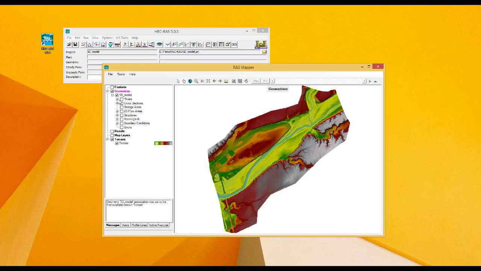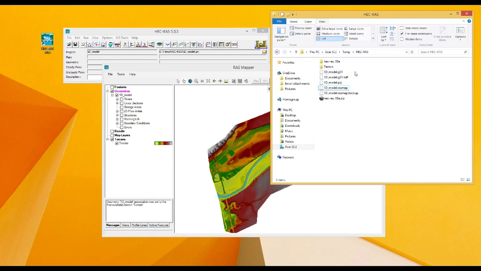So again, now you can see the terrain data is associated with the geometry data. Now we need to check the data folder working directory. You can see these three files are generated, and this is just a backup file from the save, and then you can see the geometry file is generated. The geometry file usually uses the extension .g followed by a digit. Okay,